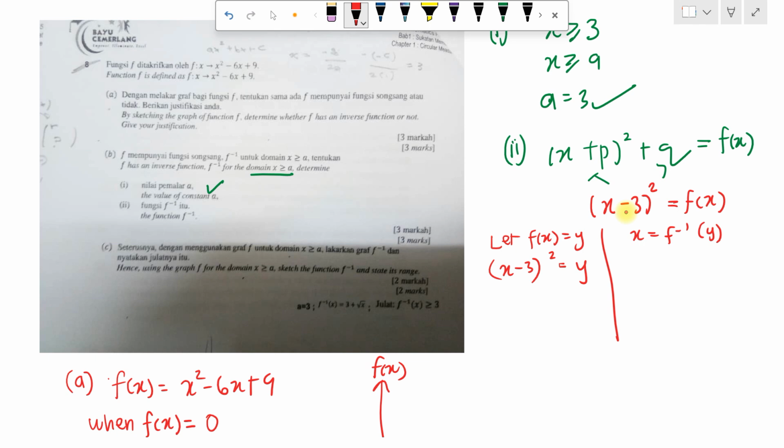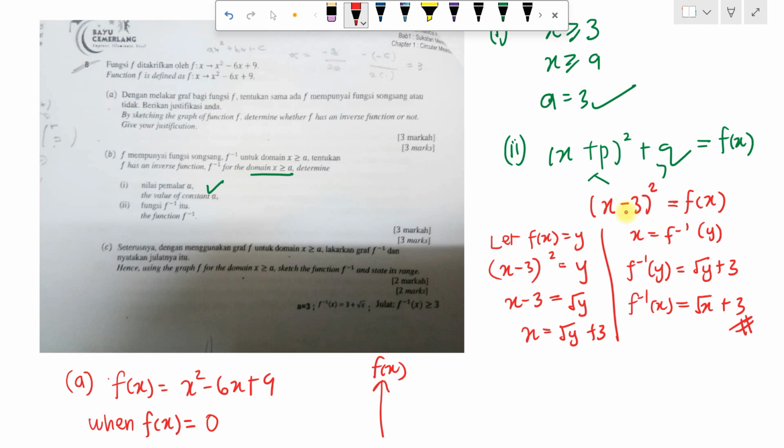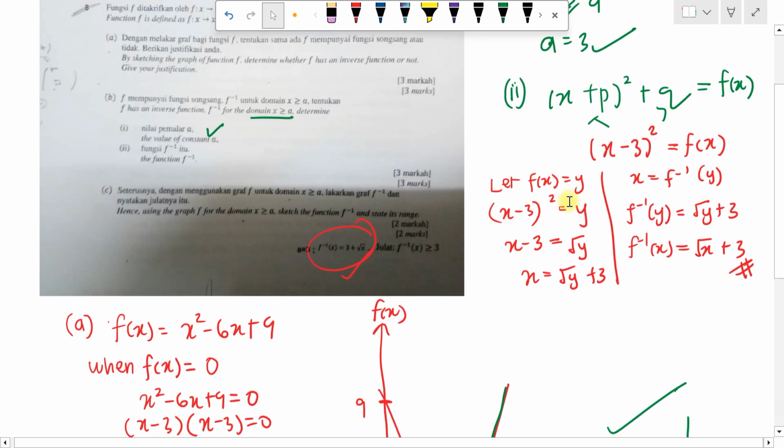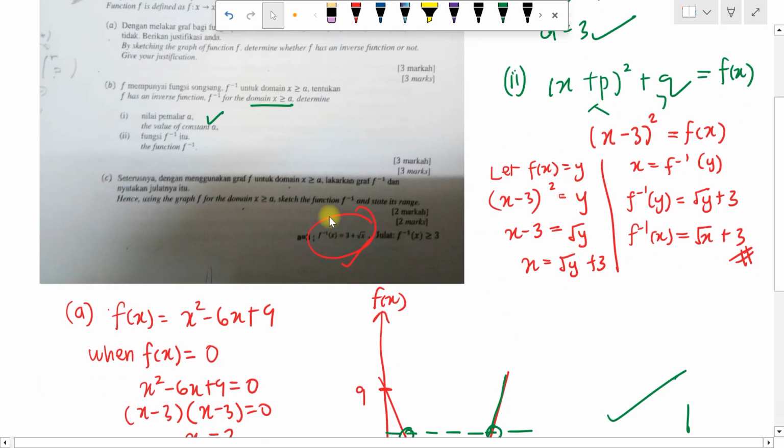Okay, simple. So you want to make x as your subject, the square comes here first. When you do that, it becomes square root y, and then x equals square root y plus 3. Okay, and then you substitute here, f inverse y is equal to square root y plus 3, and then you change it back to f inverse x, square root x plus 3. That will be the inverse, and it tallies with our answer. Okay, B part 1, B part 2, and finally,